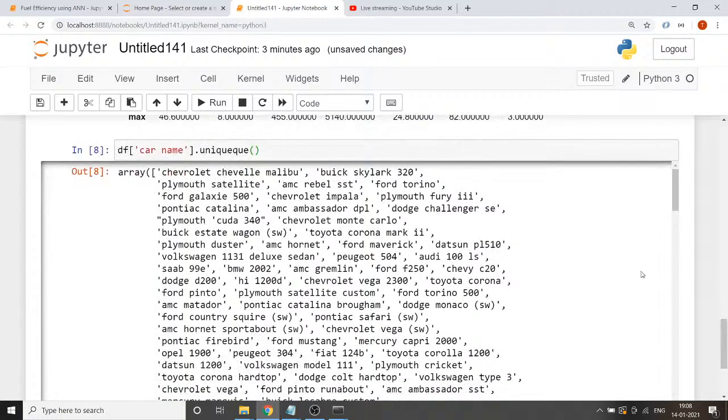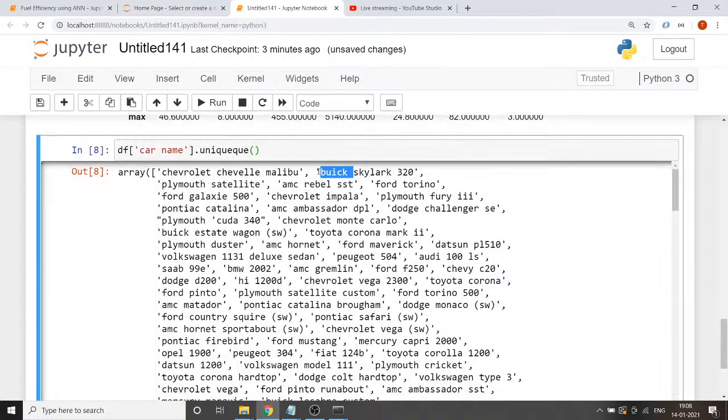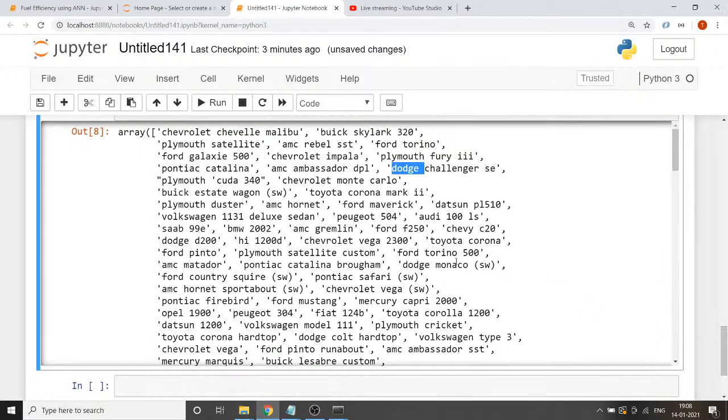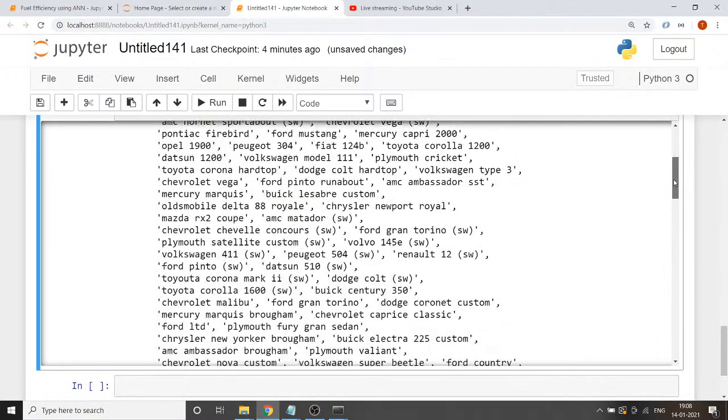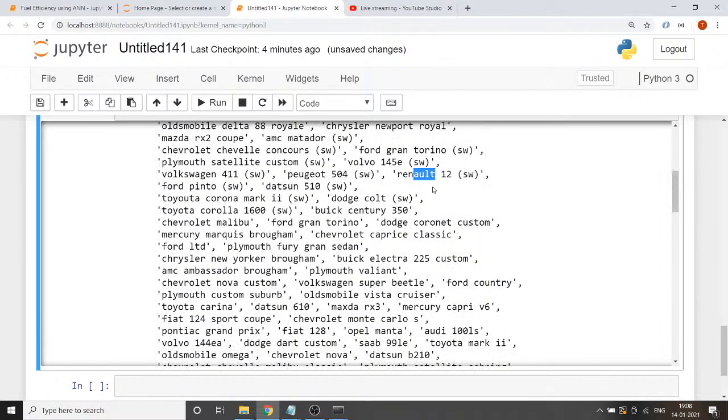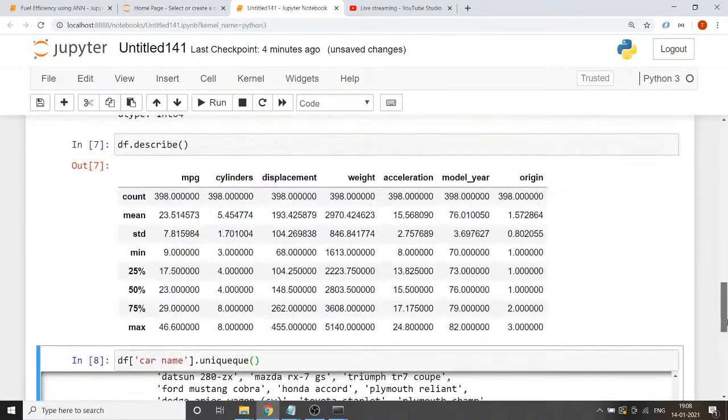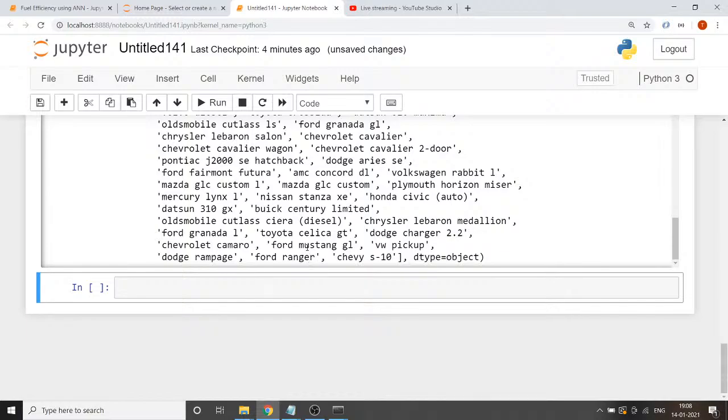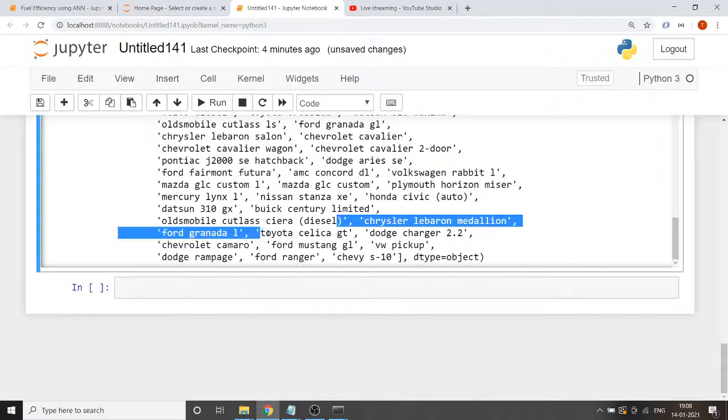See, these are all the car names in our data set: Chevrolet, Plymouth, AMC, Ford, AMC Ambassador, Dodge Challenger, Audi. I saw Audi also somewhere. These are the various kinds of models we have. Renault, very popular in India. So you can say we have data for various car names, but Ford Ranger, Toyota, Nissan,